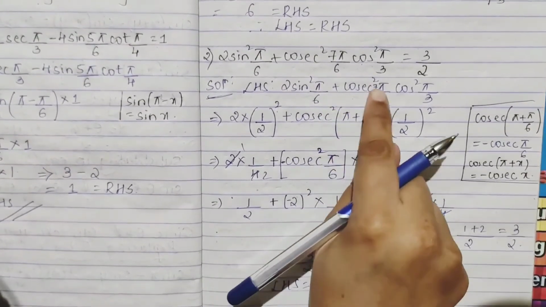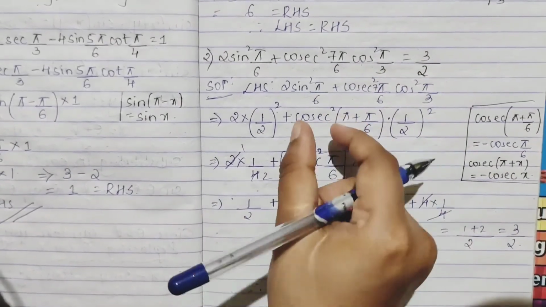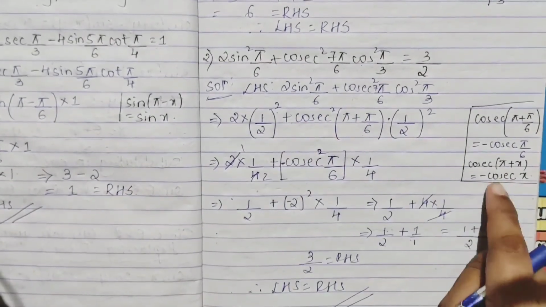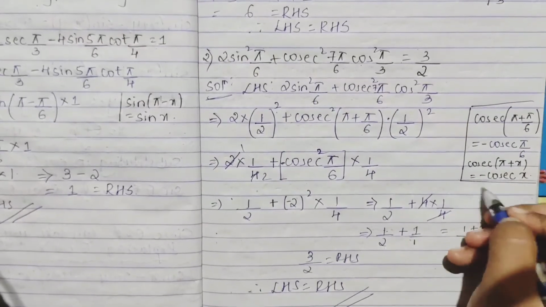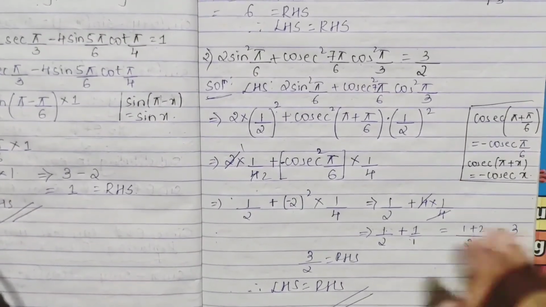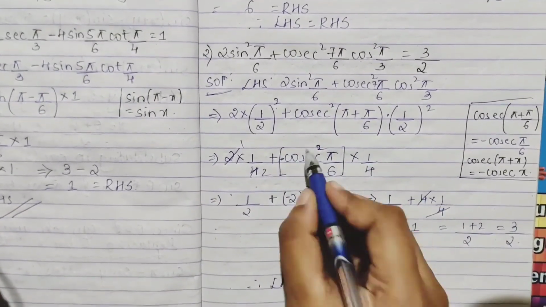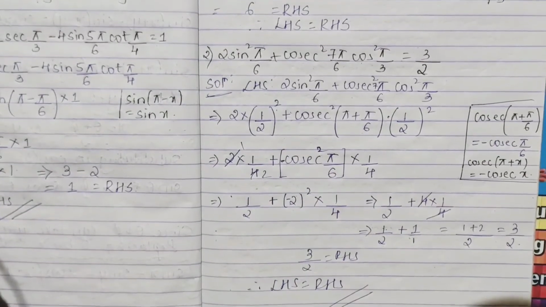Please be sure, see here it is cos square, okay, it is the square of your first cosec, it is minus cosec x. This only square, if you take one more minus cosec x, it becomes minus into minus plus, right? So please be sure of this plus, this minus, okay, I forgot the square. Like this you have to solve.